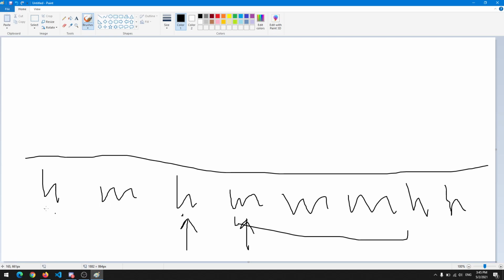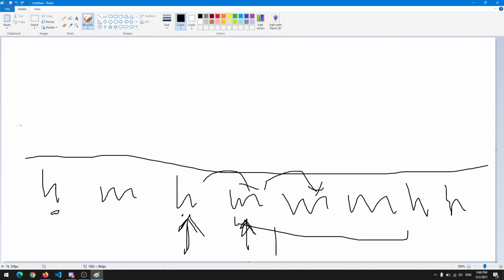I'm saying the number of heavies behind it to sound better. So you see what I did there? What I explained was, for each h, the number of heavy metals is equal to the number of m's in front of it. The exact opposite of that statement is also true. For each m, the number of h's behind it is the number of heavy metals we can obtain for that particular m.